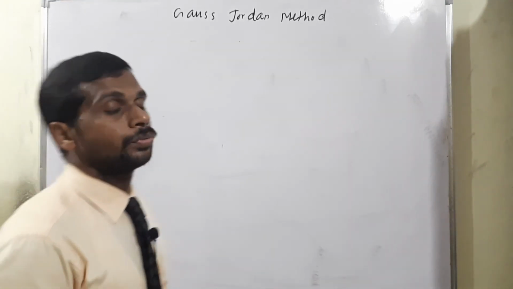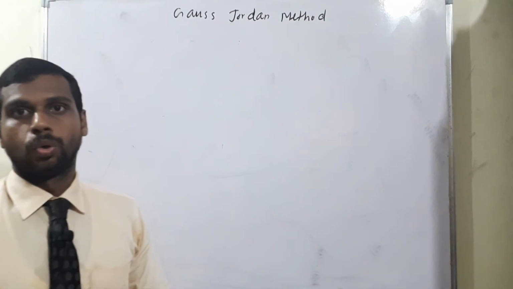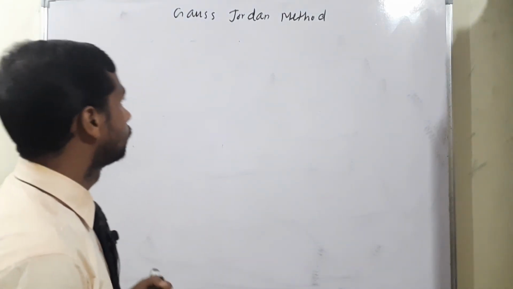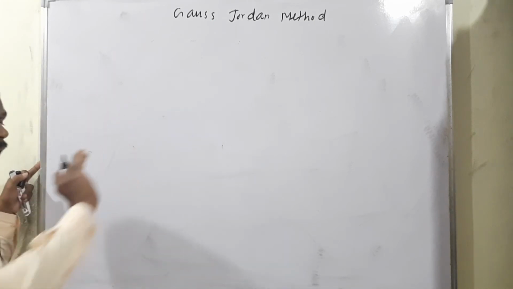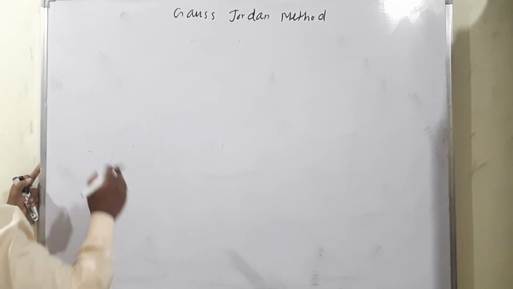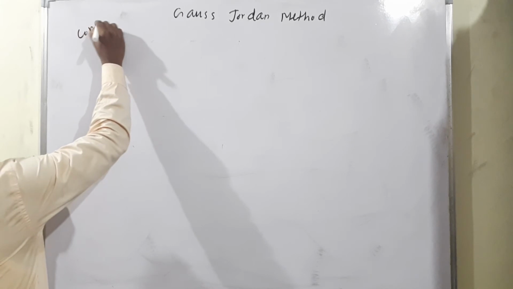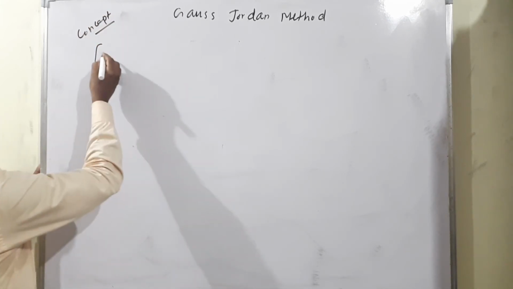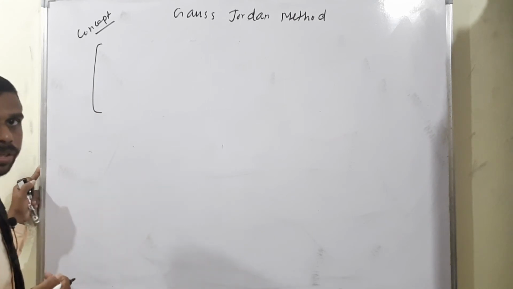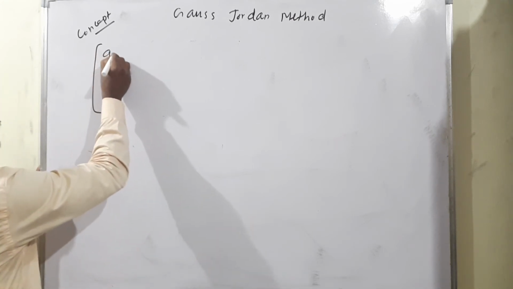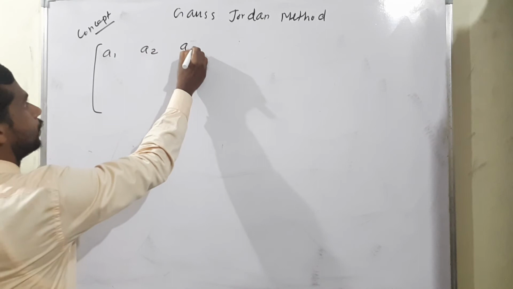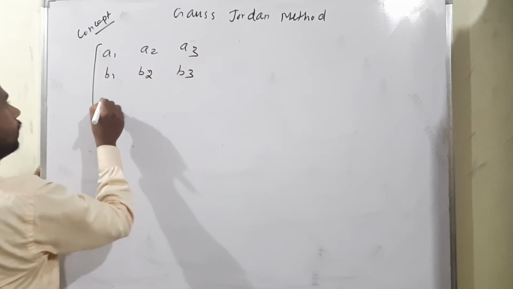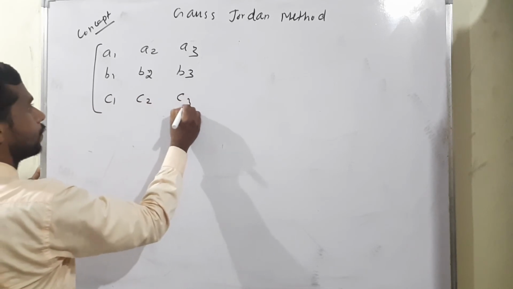So I am moving to one of the important conditions, the Gauss-Jordan method. Okay, so Gauss-Jordan method, like identity matrix set type. Okay, example, this is the concept. Example, we have another 3 into 3 matrix set. Consider A1, A2, A3, then B1, B2, B3, so C1, C2, C3.